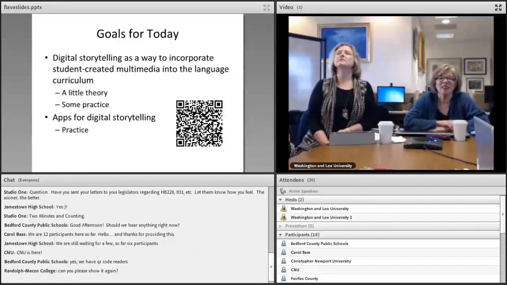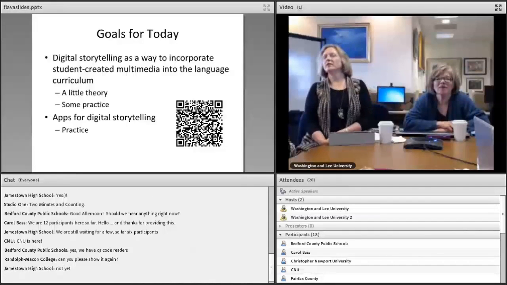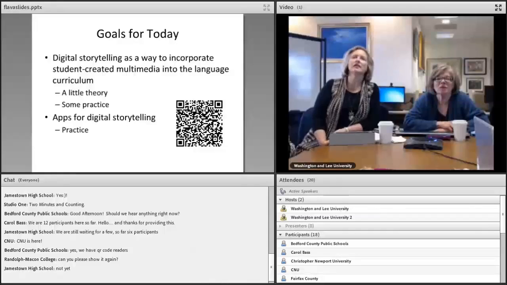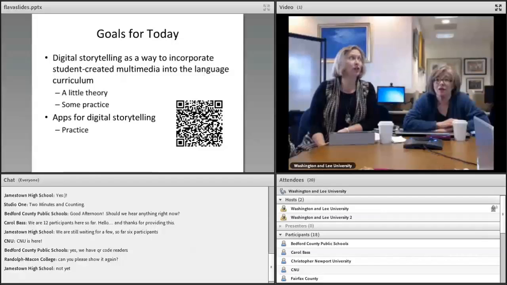There it is. We can wait a minute and let folks get it. You need a QR reader. There are a bunch of free ones. The one I use is just called QR reader. Yeah, and they're free.